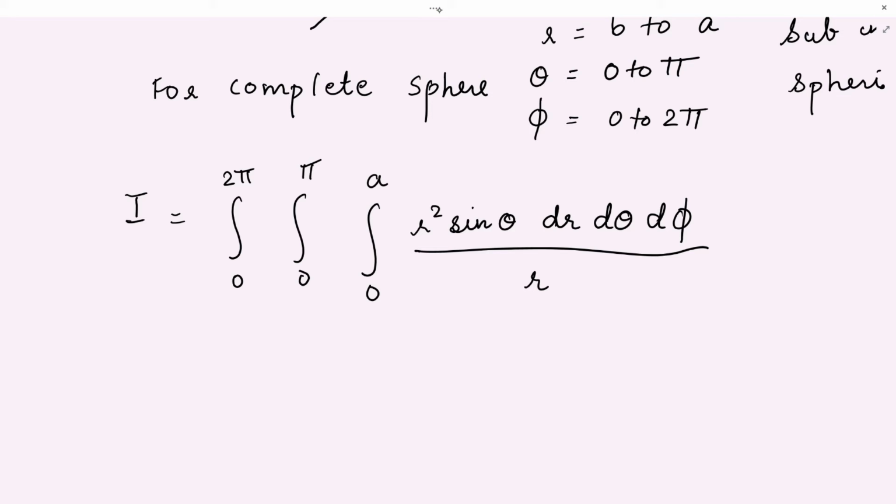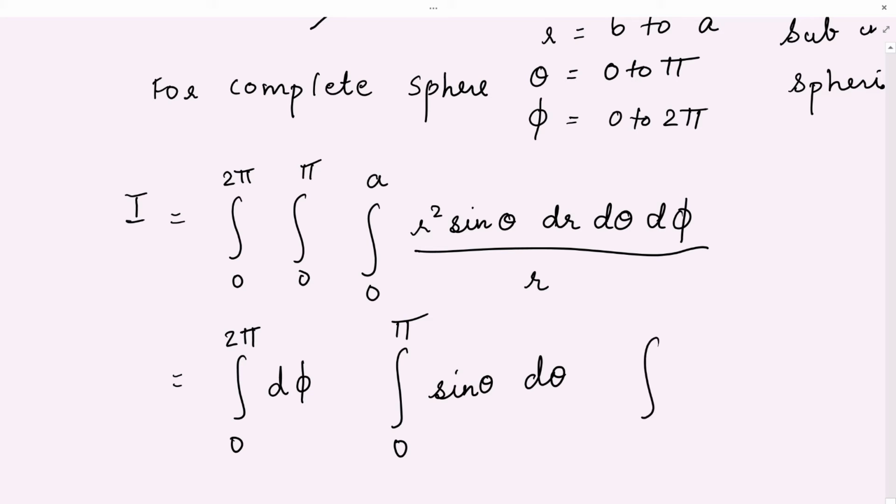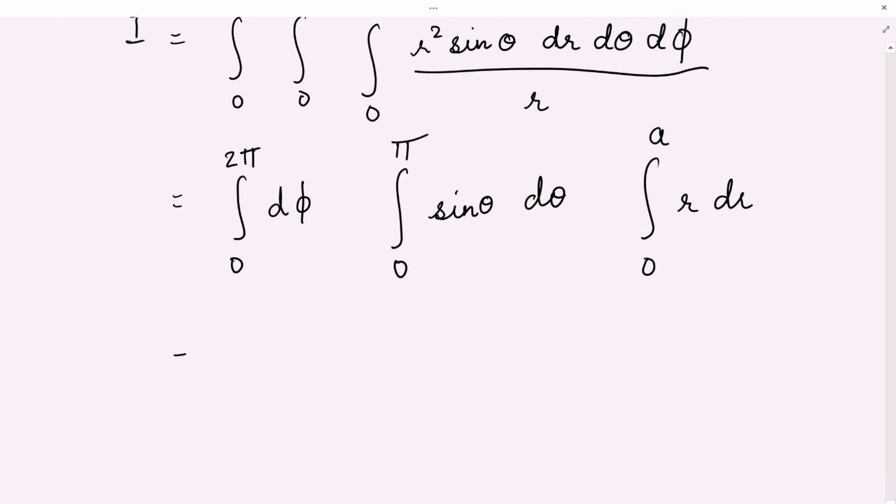So now my integration, this is a simple integration. Let me integrate this. First integrate with respect to r. So one r will get cancelled, and you will be just left with a single r. So 0 to 2 pi, you will have d phi, you don't have anything else. 0 to pi sine theta d theta and B to A r dr. So when I separate the integration of dr d theta d phi, this becomes a simple integration.